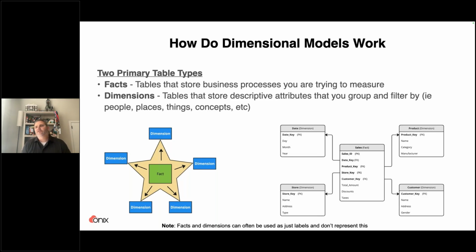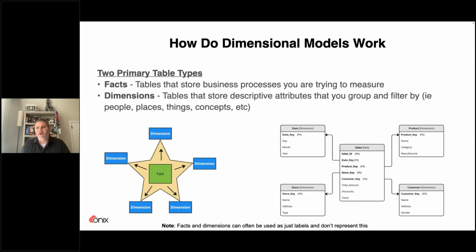Dimensions are tables that store descriptive attributes. These are things about how you group and filter your data. So these can be things like people, places, things, concepts like time and dates, and so forth. But yeah, facts are your business measure, and then dimensions are how you group and filter and aggregate and view